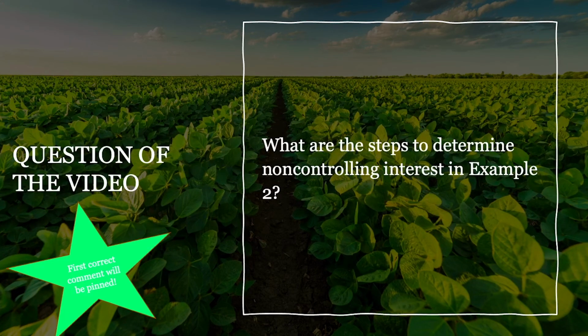Anyway, I'll leave you with a question of the video, which is, what are the steps to determine non-controlling interest in example number 2? If you remember, within that example, it actually gave us the amount of non-controlling interest in the problem, and we went over the steps on how to determine non-controlling interest in example number 1, but see if you can lay out the steps in the comment section below,